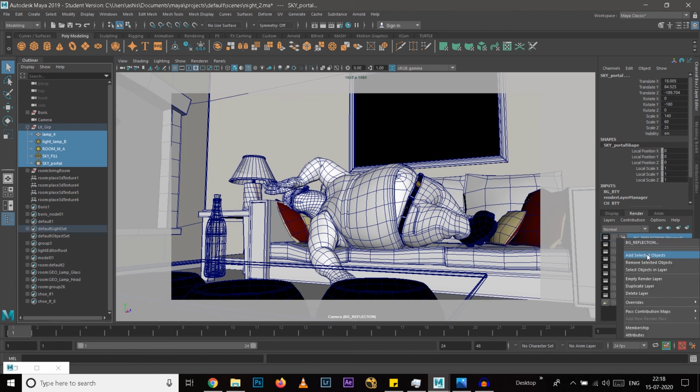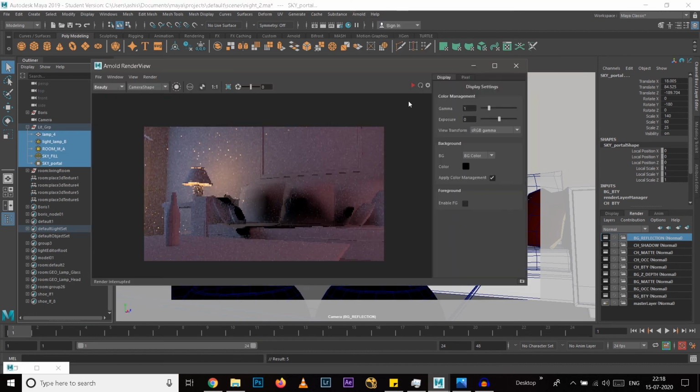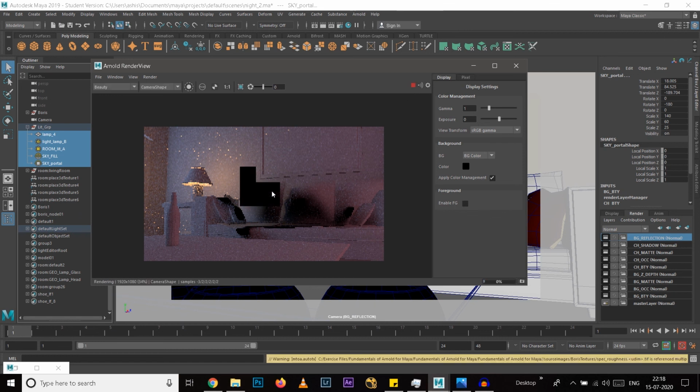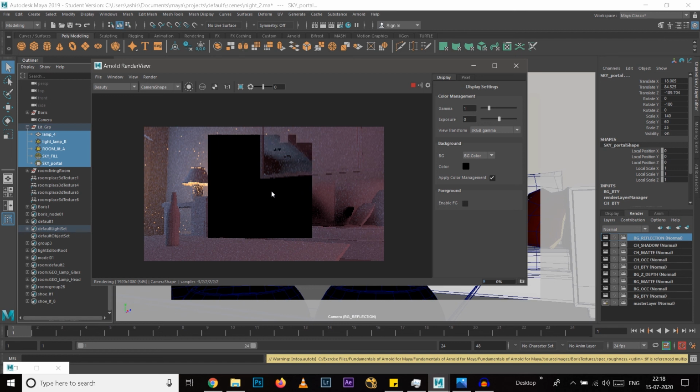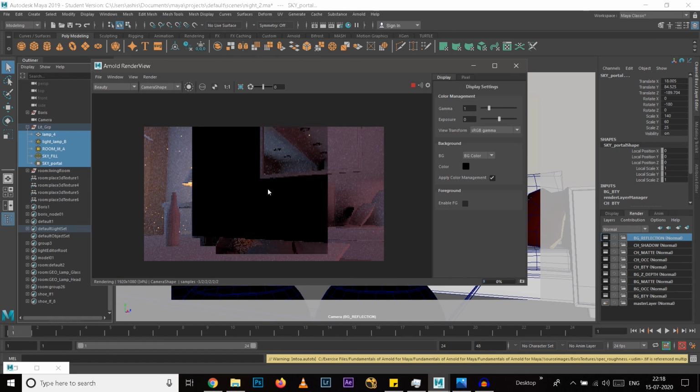and now we need to add these lights. So I will add these lights in here, and let's check a render. So now you can see only those reflective objects are there, and also the reflection of our character is coming onto them.